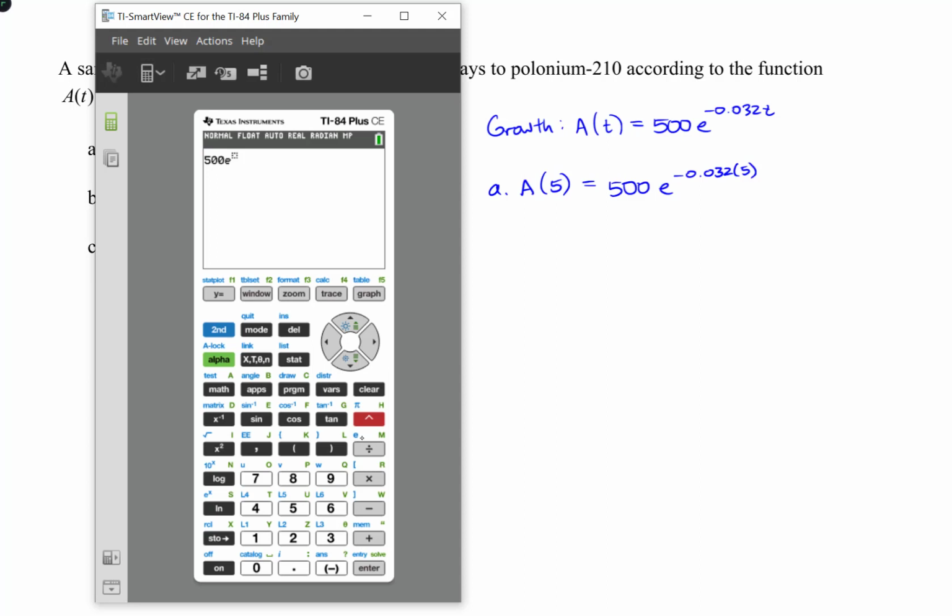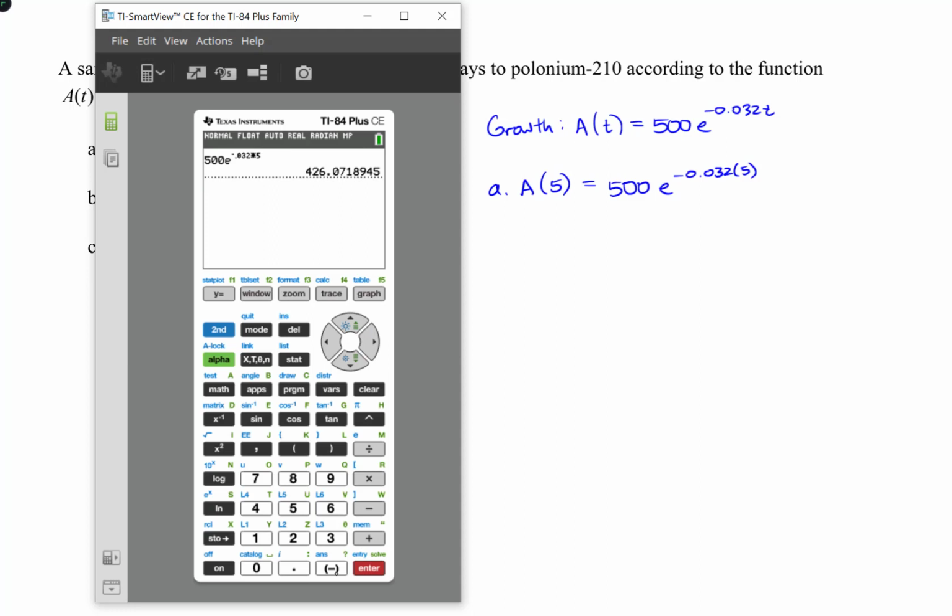You may have a caret key on screen, depending on what model calculator you have. If you do, make sure you put parentheses around your exponent so that negative 0.032 times 5 are all up in your exponent. So here I'm just going to put in negative 0.032 times 5